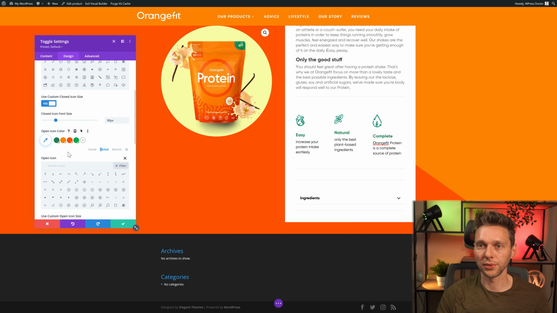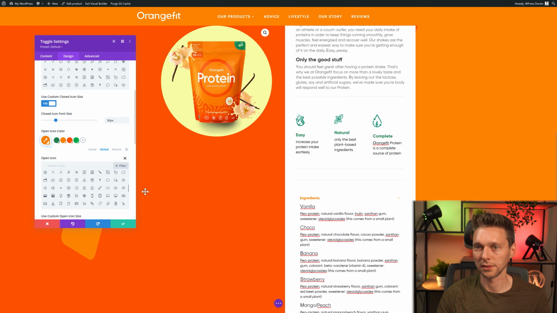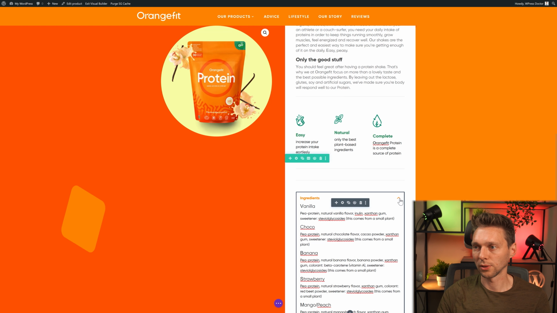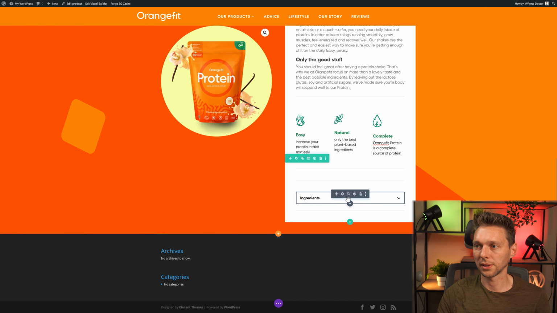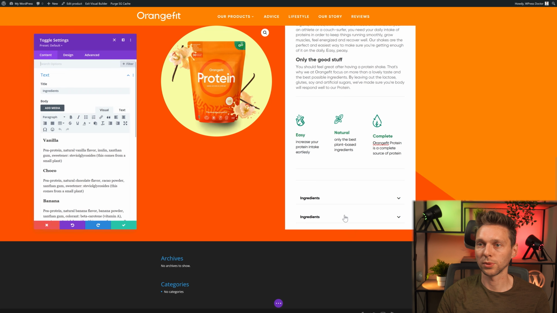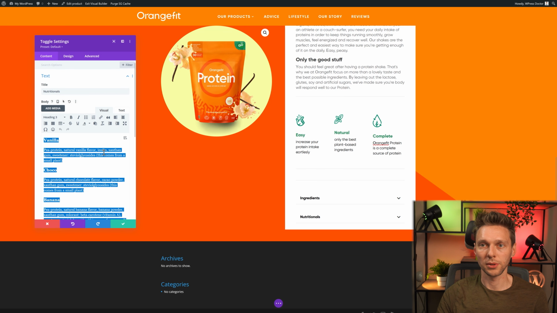And when it's opened, it should be this one. And then I want this one to go back. Yes, and also the size should be 30. Now this looks great. Toggle, save it. Close the toggle, and then we can just duplicate it like this. We don't need a divider. And we can make another one, and we can just paste it in, and then we get a big column. Let's see how this works. That works great. Do nothing more.